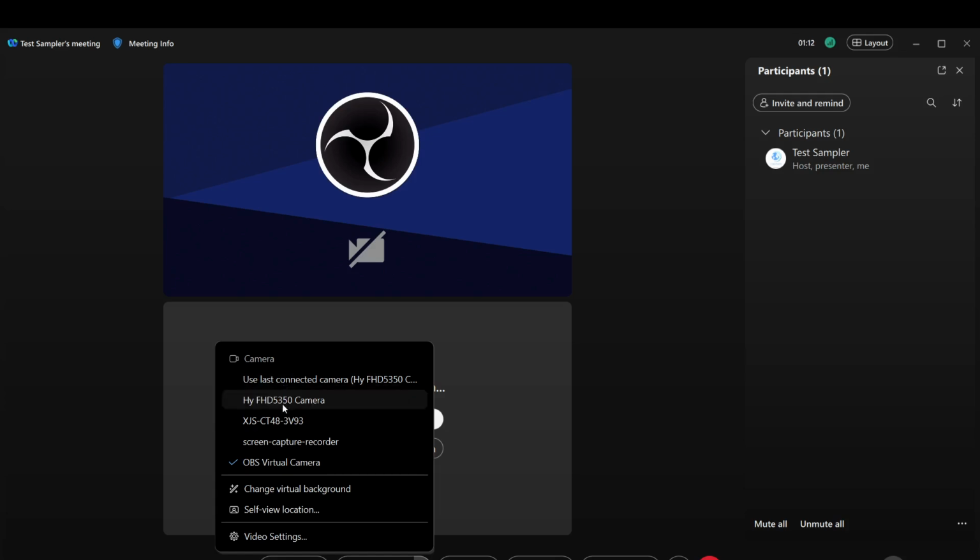It is important to avoid options such as WebEx Virtual Camera or OBS Virtual Camera. These options may not represent the actual hardware you're trying to use. By selecting the correct device, you ensure that WebEx communicates directly with your physical camera, enhancing the chances of resolving any issues you may be experiencing.